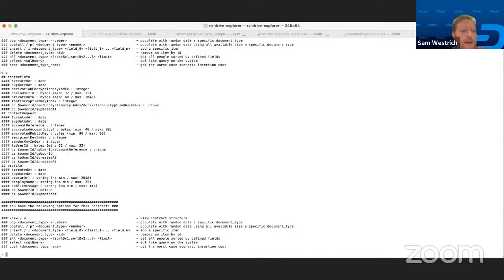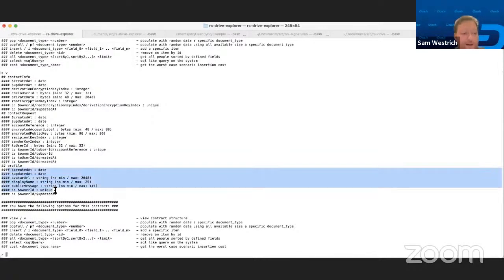And if we see here, we can actually view the contract structure. So here we have the DashPay contract that has a, I hope people can actually see my screen properly, but it has a created at and updated at. I think some people are familiar with the DashPay contract and what it looks like in terms of stuff that it has inside of it.